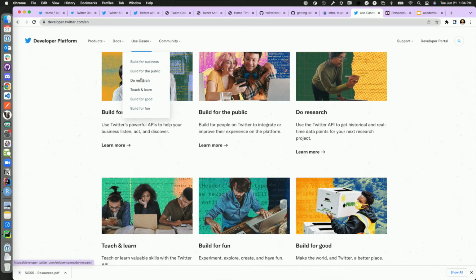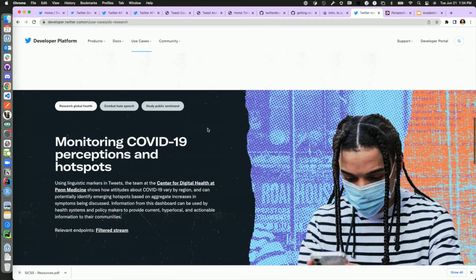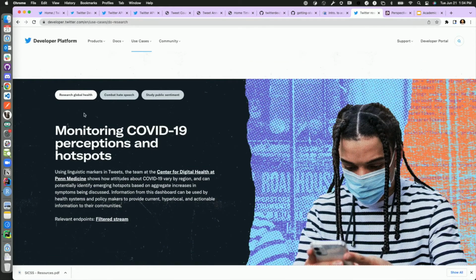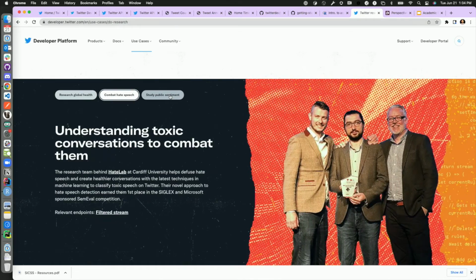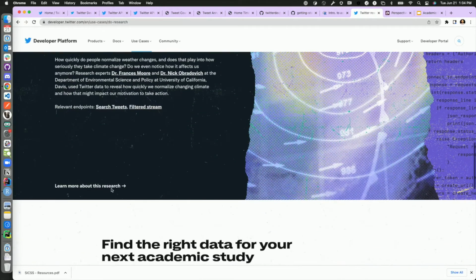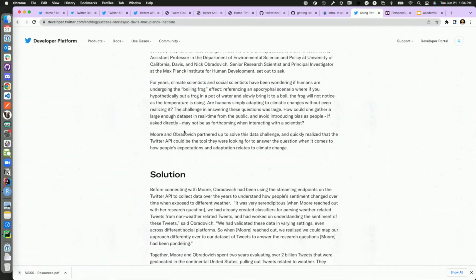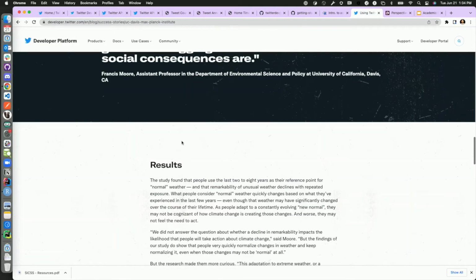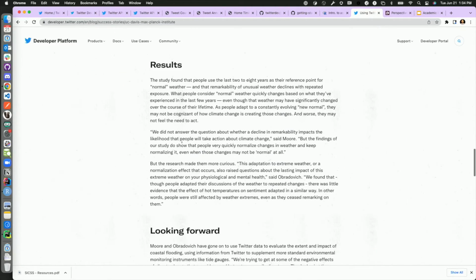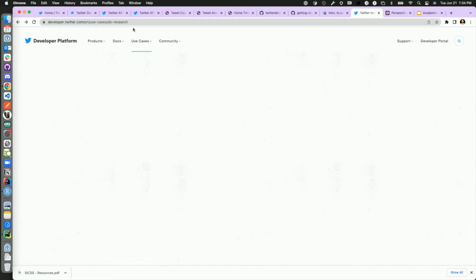And for researchers particularly, in the use cases section, if you go to do research, you'll see that it outlines a bunch of different things, right? It outlines how other people are using the Twitter API. So here we have a few examples, one from PenMed, one from the Hate Lab at Cardiff University, and another one from UC Davis. But essentially, if you're interested in learning more about how people are using the Twitter API for research, you can go in and figure out what they were trying to do, what solutions they used, which endpoints they used in the Twitter API, what were their results, and so on. So I would highly recommend for those of you that are interested in doing research with the Twitter API in the future to definitely check out